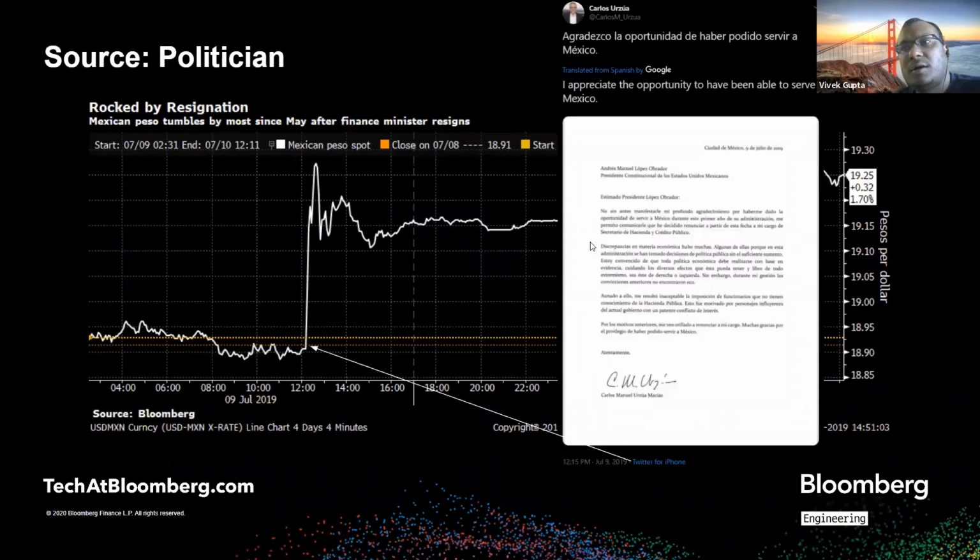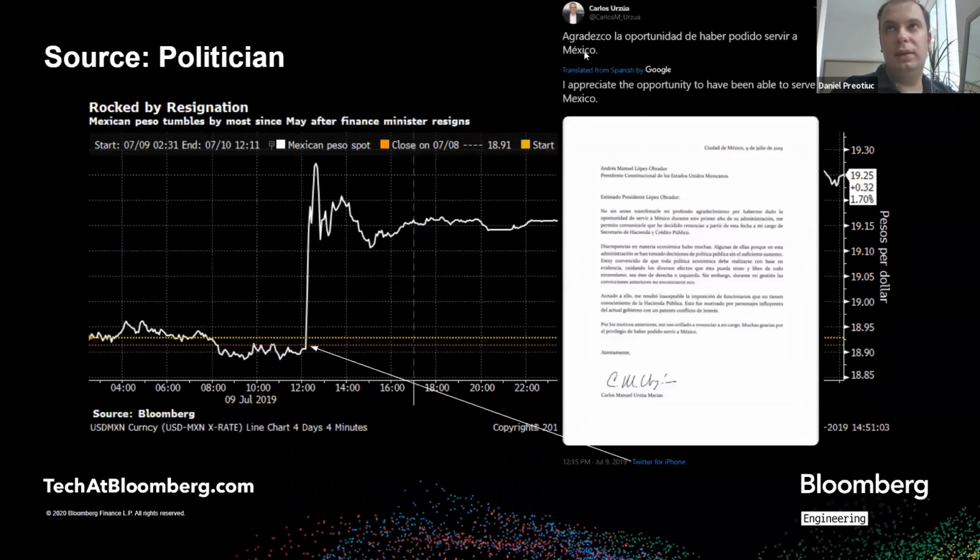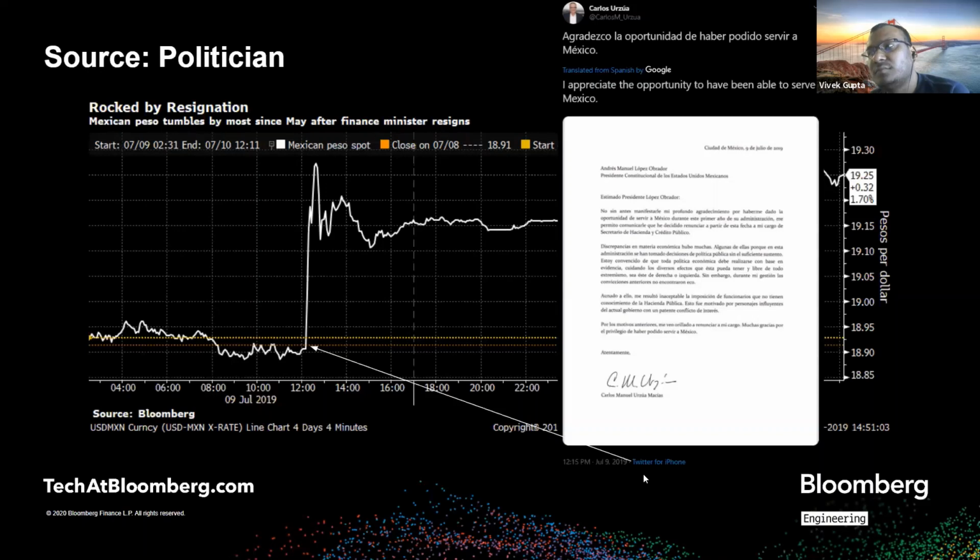So just to give you some examples of where tweets actually move markets or have impact on markets. This is a tweet that was sent by the person who was actually the finance minister in Mexico. If you translate this, he's basically announcing his resignation as finance minister. The tweet would translate, "I appreciate the opportunity to have been able to serve Mexico," and then a photo